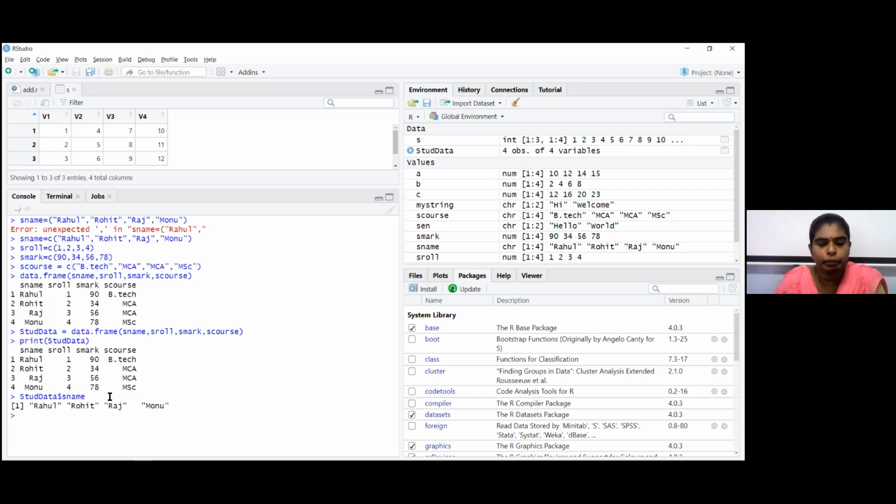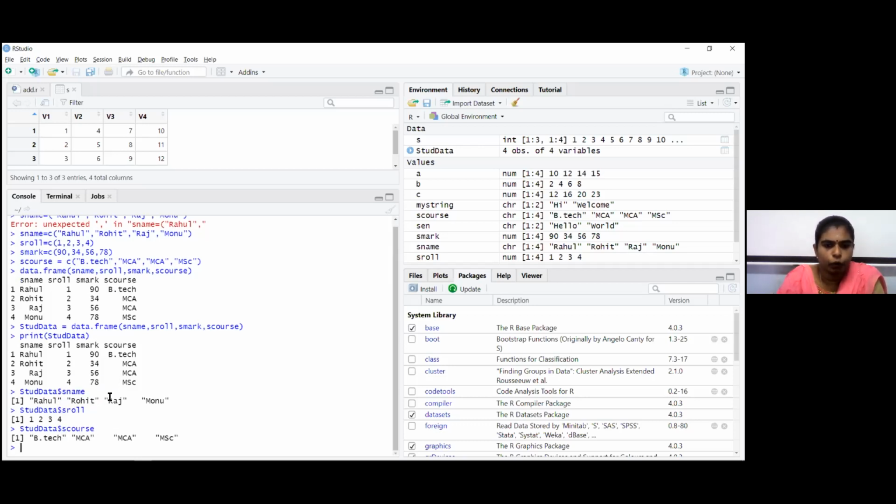Can you type the other variables also like this? Very good, very good. So we are able to access. Can you use now dollar code? Okay, all of you are able to access the data frame? Exactly.